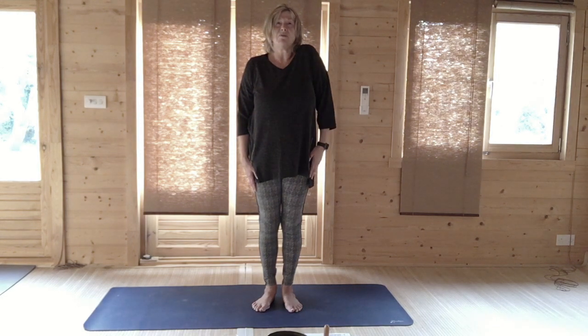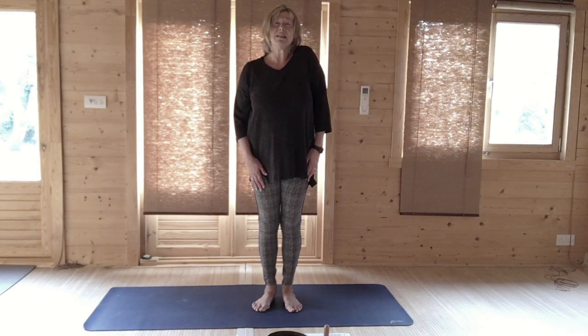Lift and drop your left shoulder, lift and drop your right shoulder. And just carry on a couple of times, lifting and dropping. So this obviously releases your shoulder, but also your neck. And it just releases any tension. We often hold tension around the throat area